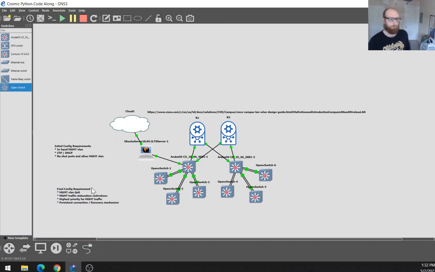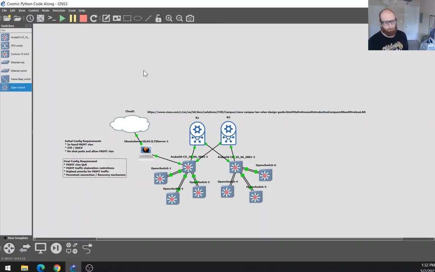All right, so now we've got kind of the initial things we're going to think about for the network, aside from network design, just the practical implementation elements. In our initial config requirements, we're going to need, of course, an in-band management VLAN that our server can communicate on, and we can have